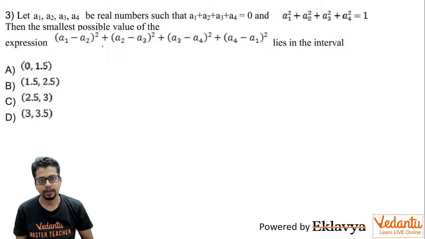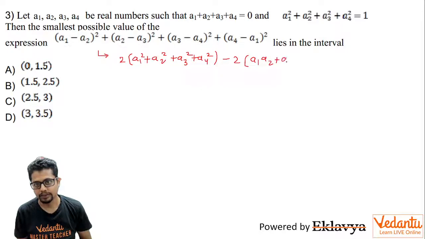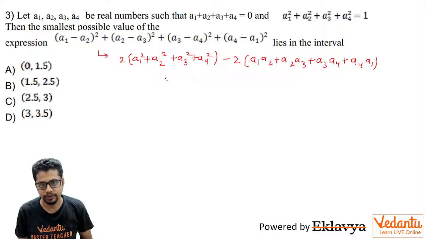So here let's first expand the expression which we want to minimize. We want the smallest possible value of this expression. So here this essentially turns out to be what? You'll have 2 times (a1 square plus a2 square plus a3 square plus a4 square) minus 2 times (a1 a2 plus a2 a3 plus a3 a4 plus a4 a1). Now a1 square plus a2 square plus a3 square plus a4 square is 1, it is given to us. So what we get is 2 times 1 is 2 minus 2 times, and if you see carefully, this a1